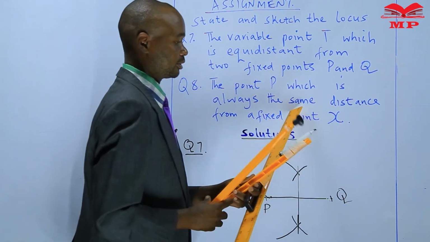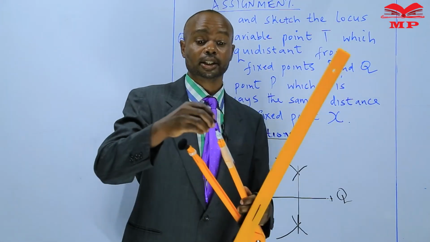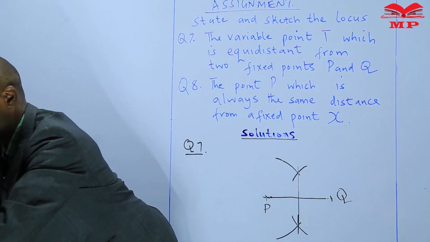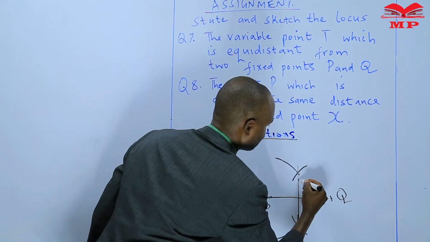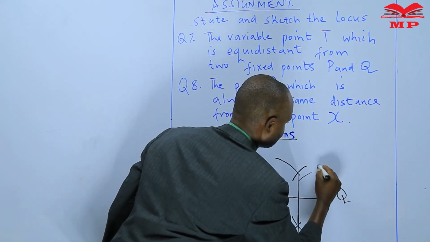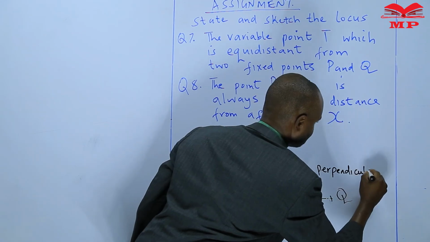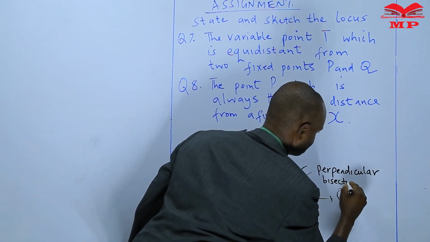The line I've drawn is actually the perpendicular bisector. I've actually got the perpendicular bisector of